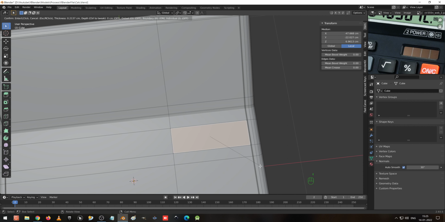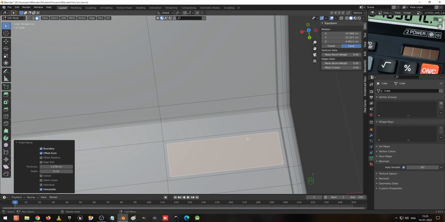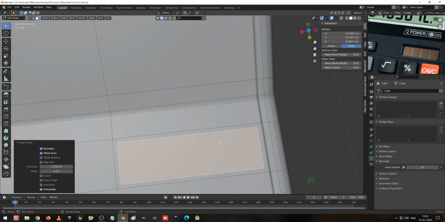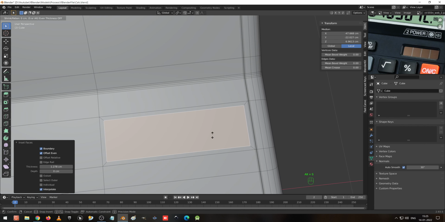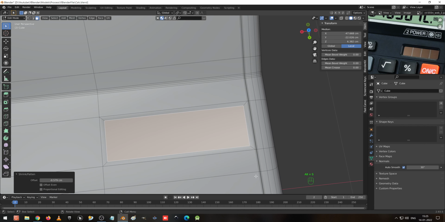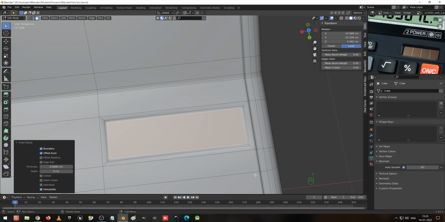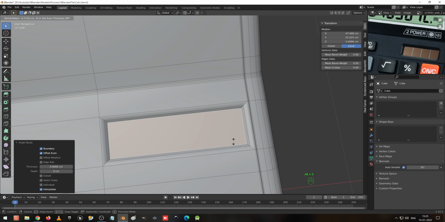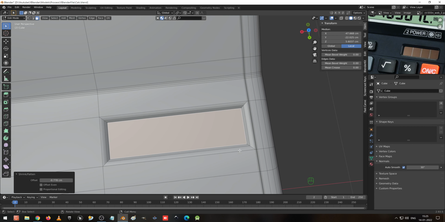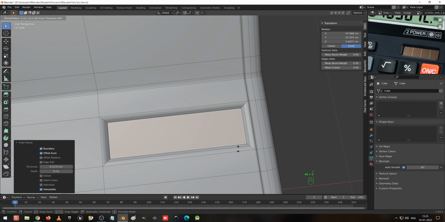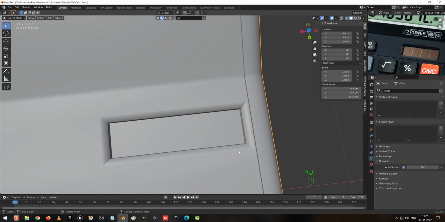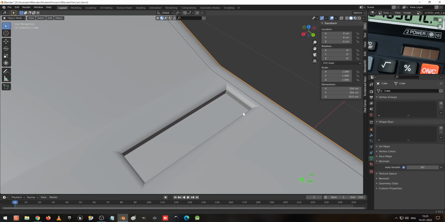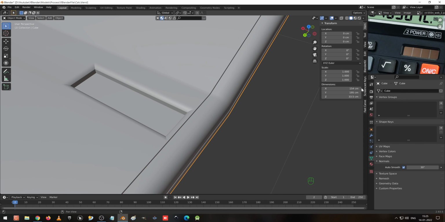I press I to create one edge loop, and Alt S to move a little bit inside, and I to create, Alt S to move inside, and I to create, Alt S to move inside. So now this box design has been created for this corner.